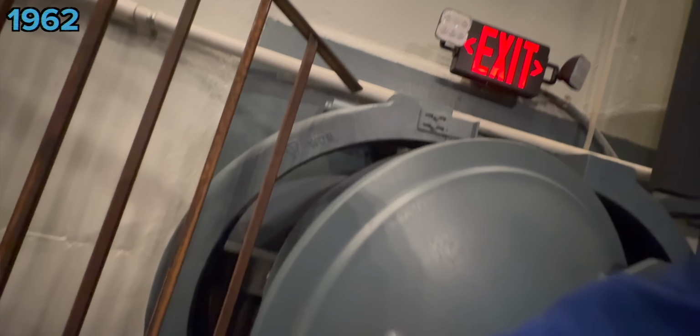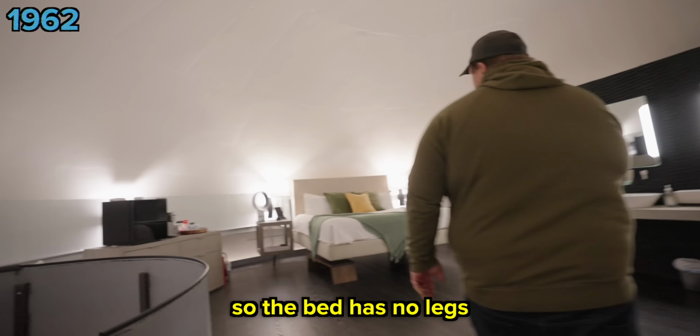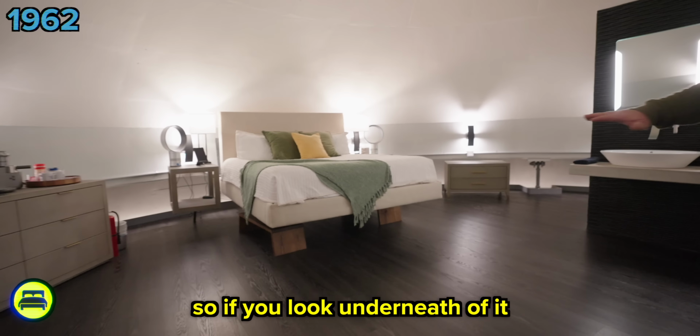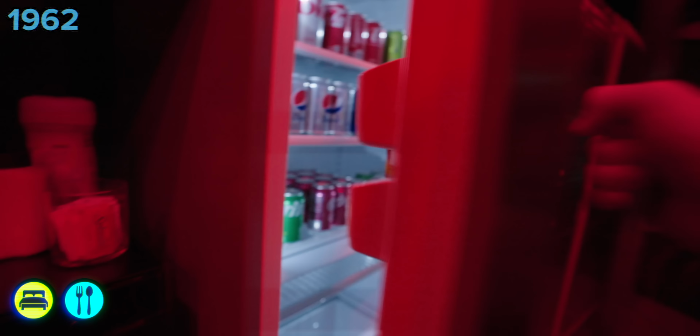Although this place was underground and alone, the people that stayed here still needed a place to live. Wow. So the vent has no legs. If you look underneath of it, it's just basically suspended on the wall. This bunker also had a kitchen